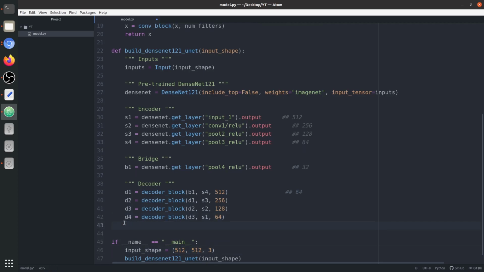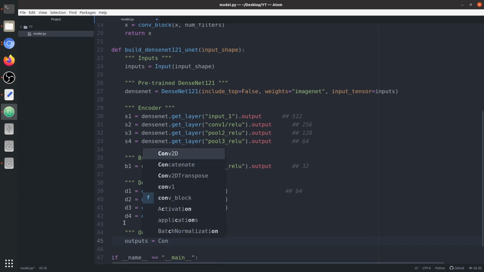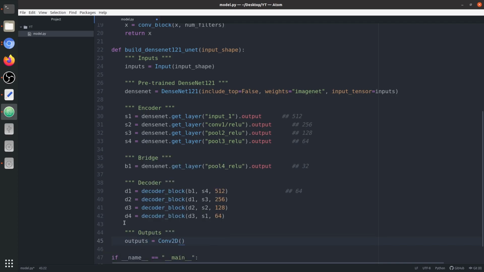Now we'll get the output mask. Output is equal to a 1 by 1 convolution with 1 feature channel. We say 1 because we are building a binary segmentation architecture. If you are working on binary segmentation, the number of channels would be 1, and the activation function is going to be sigmoid.